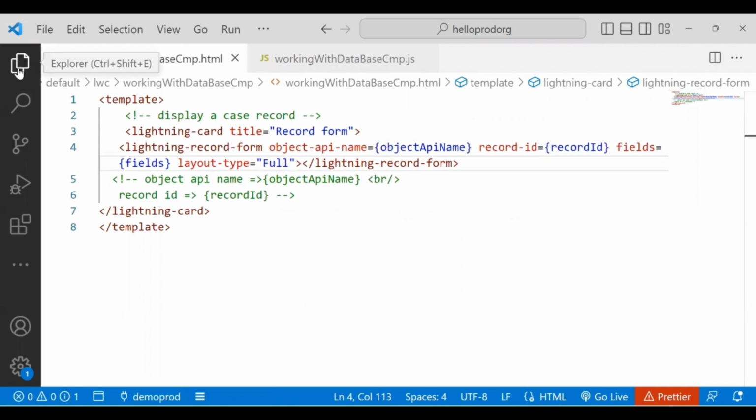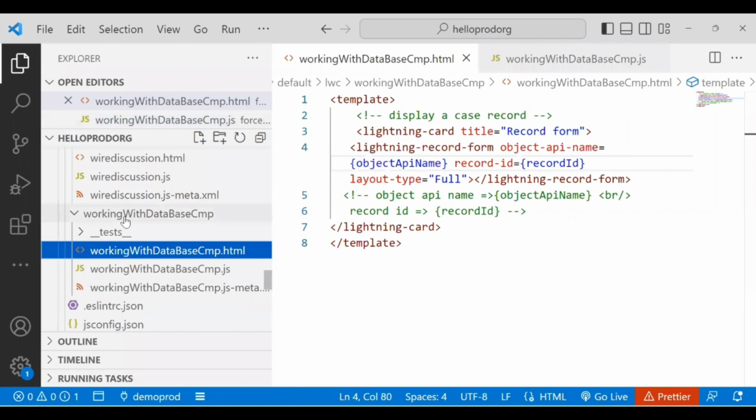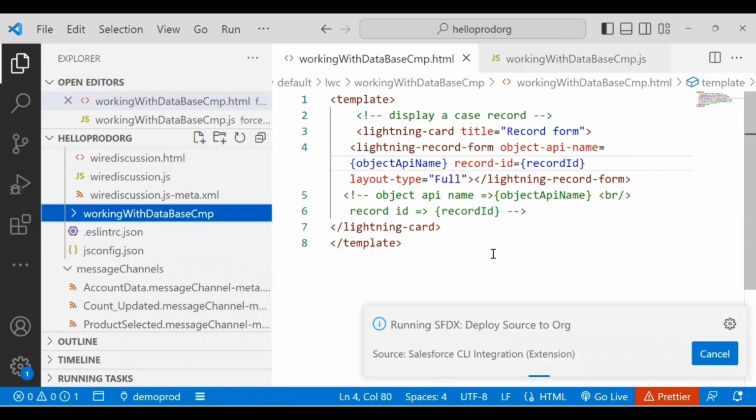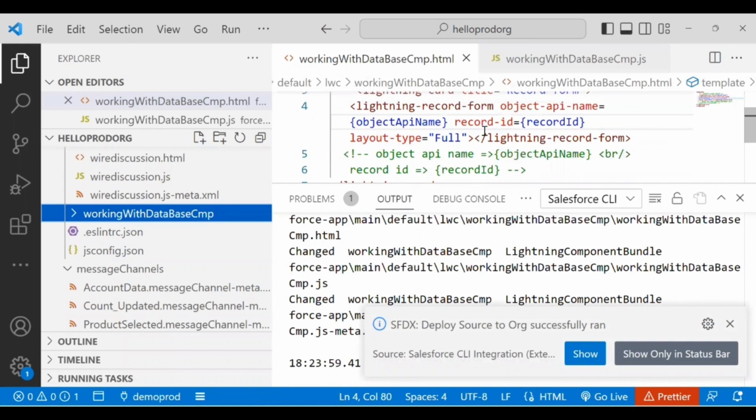I've just made that change, and I'm not interested in these fields at this point of time. Let's remove them, save these changes, and deploy this component. We have removed the fields that we had specified, and we have added one more attribute which says layout type equals full. Our changes got deployed. Let's go back to our Salesforce org,